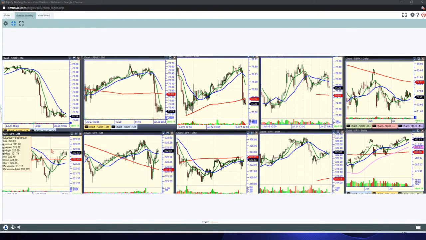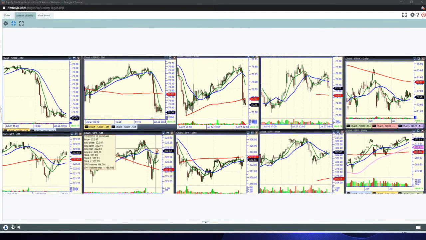Well, you can see it pausing here right under 323, kind of hesitating. We didn't really tick it. We got the 96. I like when it tests and fails. So again, I'm just not chasing longs up there. See the market slowing down a bit. I think starting to consolidate a bit.